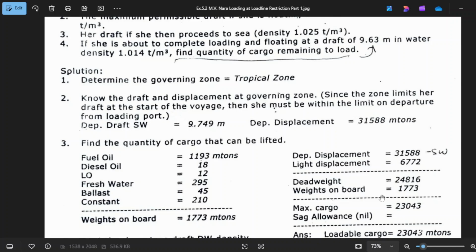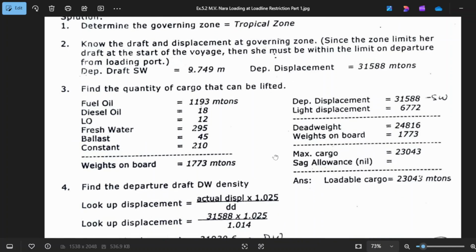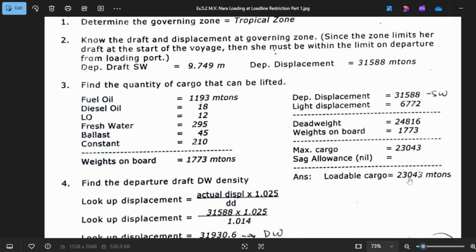Minus your weights on board, which is this one, 1,773. Then your maximum cargo to load is 23,043 metric tons. So this will be your maximum cargo to load. Okay, that will be number 3. The answer is 23,043.